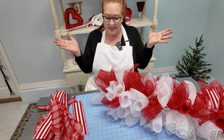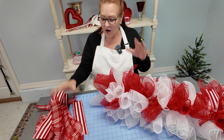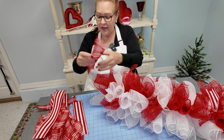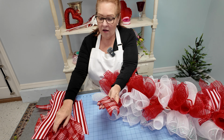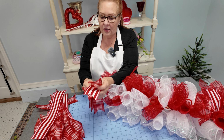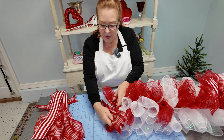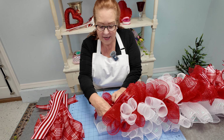Now we're ready for step 6. We have all of our deco mesh attached. We have our ribbons cut. And you're going to take 2 of one of the ribbons and 1 of the other and layer them. And then you're going to go in here and find the red pipe cleaner, and you're going to take that